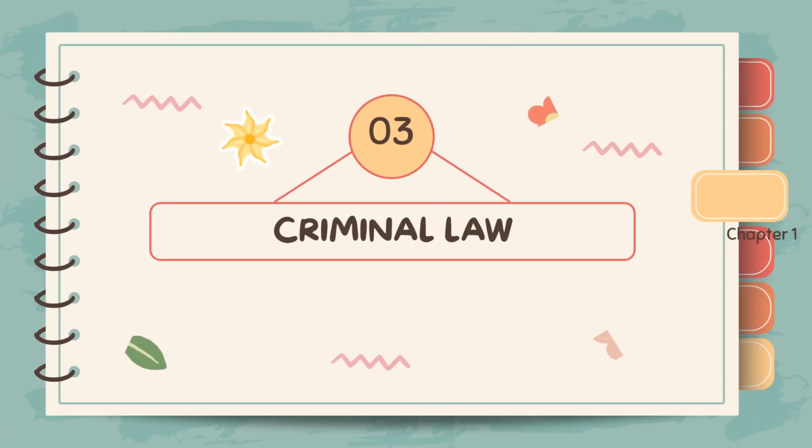Let's proceed with criminal law. So before proceeding with criminal law, just to summarize, classical school, its focus is the crime or the criminal act, whereas for positivist school, the focus of this school of thought is the man and not the crime committed. So when it comes to the classical school,